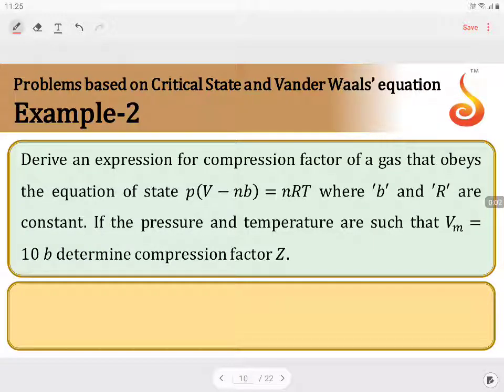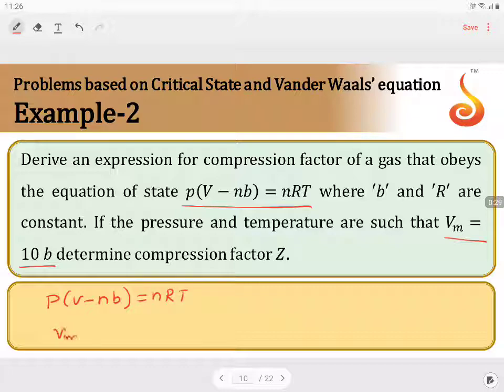Derive an expression for the compression factor of a gas that obeys the equation P(V - nB) = nRT. If pressure and temperature are such that Vm = 10B, determine the compression factor Z. If I am taking this equation into consideration, P(V - nB) = nRT, we know that